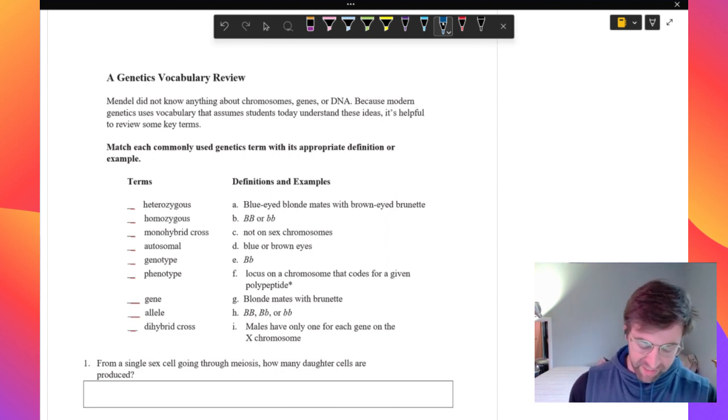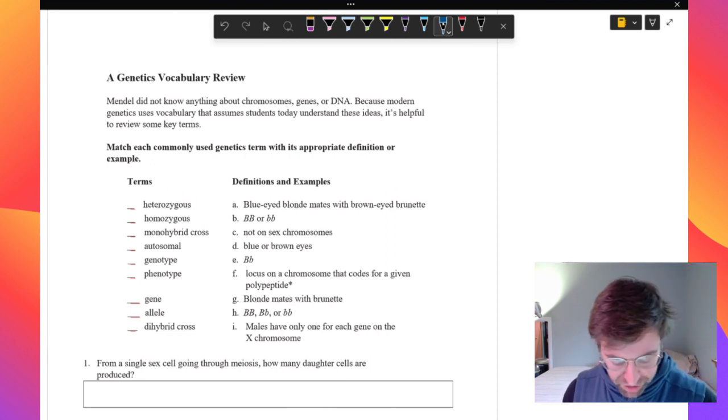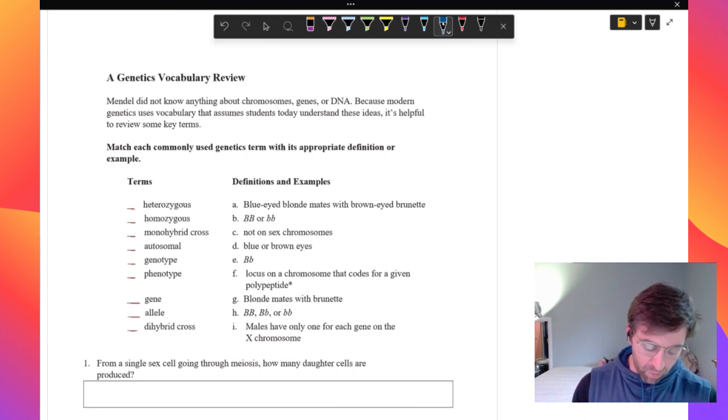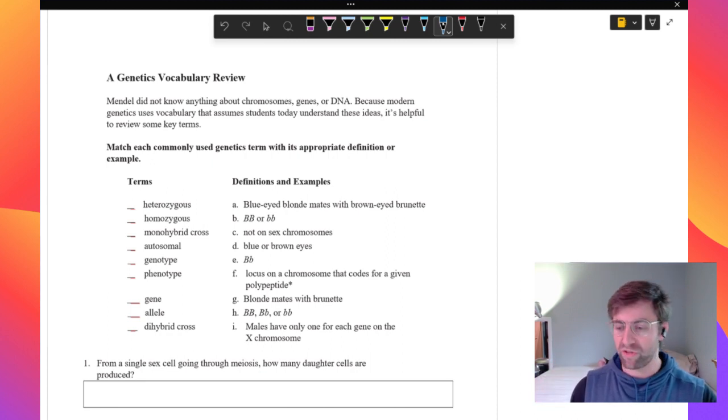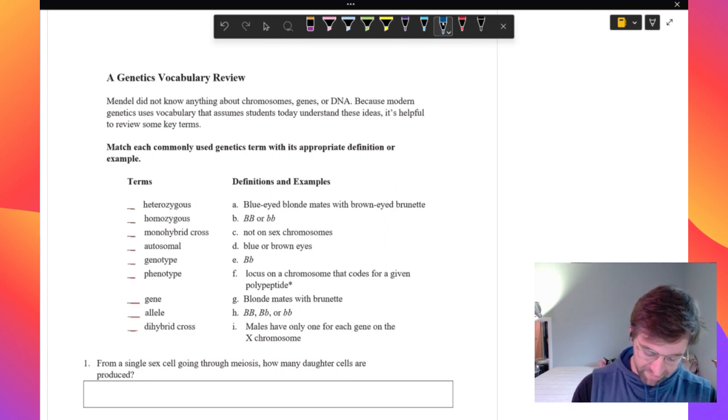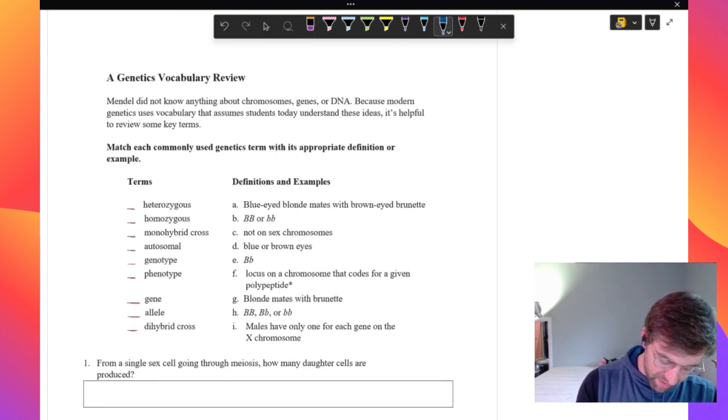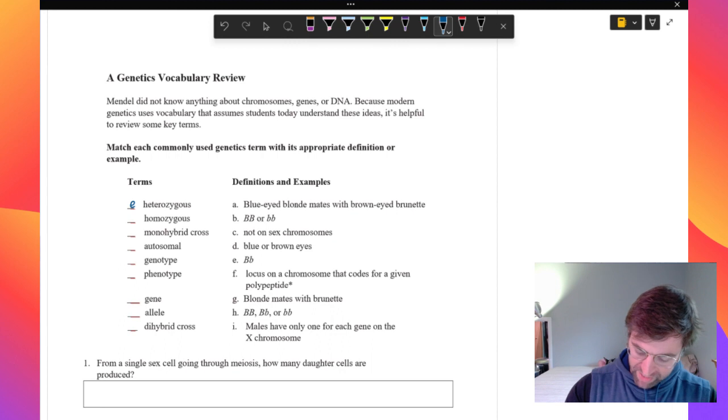So we're going to start with a simple matching exercise. Match these commonly used genetics terms with its appropriate definition or example. First one here is heterozygous. Prefix hetero, meaning more than one. Zygous, this should be familiar from the exercise we did last week with mitosis and meiosis, zygotes being important for reproduction. So we're looking specifically at specific genes and chromosomes and traits. So heterozygous is going to be this one right here. We've got a big B, little b, and this is just how we represent